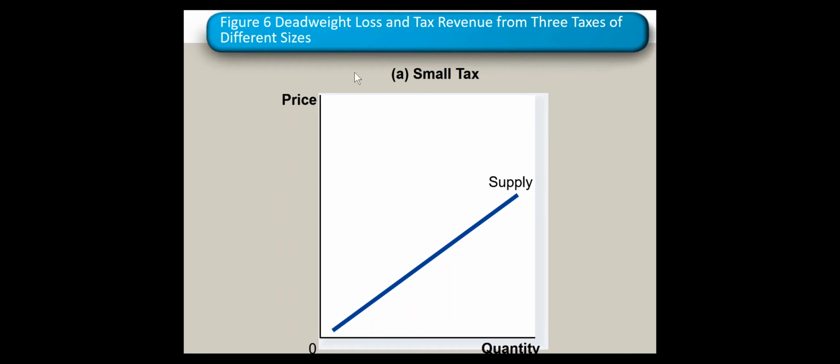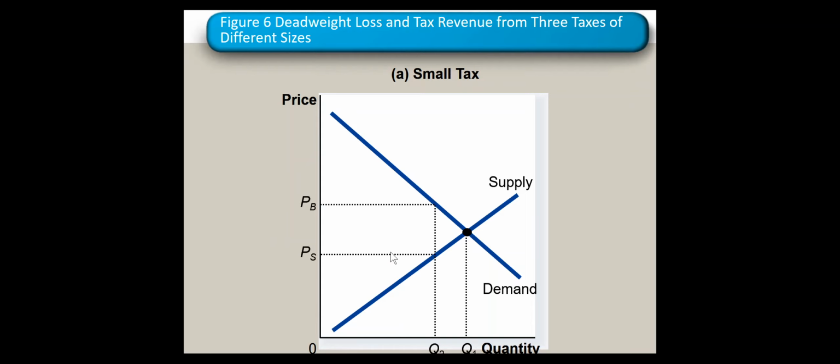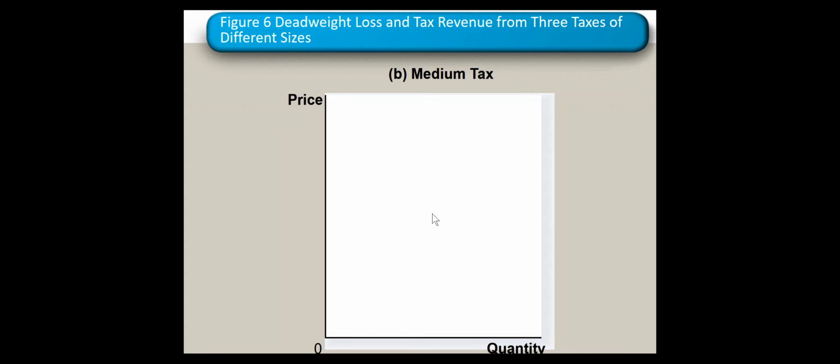Now look at the last part of the deadweight loss. Now we will address a few things. If the government is imposing a tax, if it increases its magnitude, what happens? If it reduces its magnitude, what happens? Now look, this is a relatively small magnitude tax. You can say maybe 5%, for example, of the price. So we have a small deadweight loss and relatively some tax revenue, like a strip, a rectangle like a strip like this. Now if we increase the size of the tax, what happens?